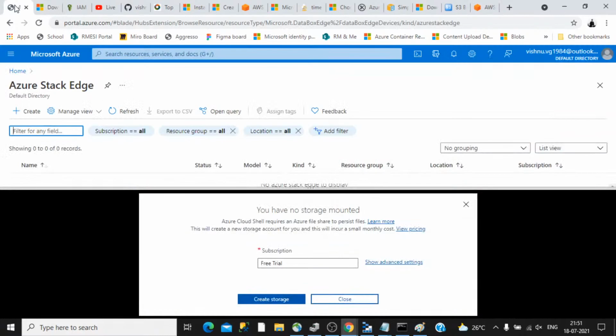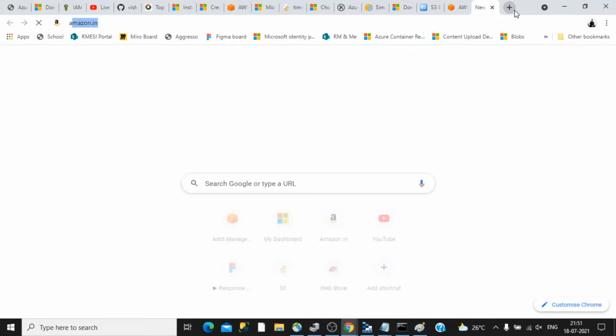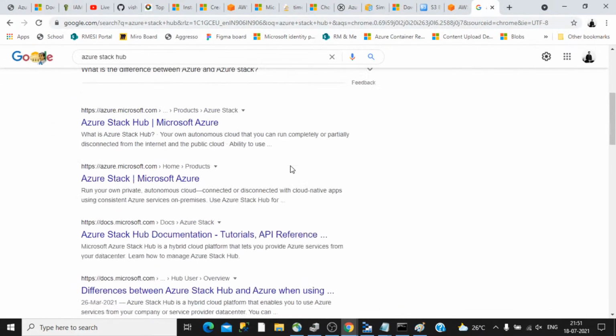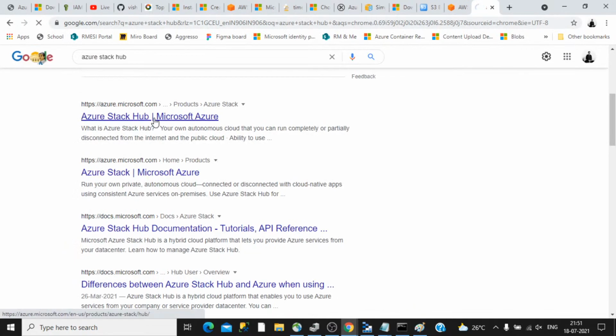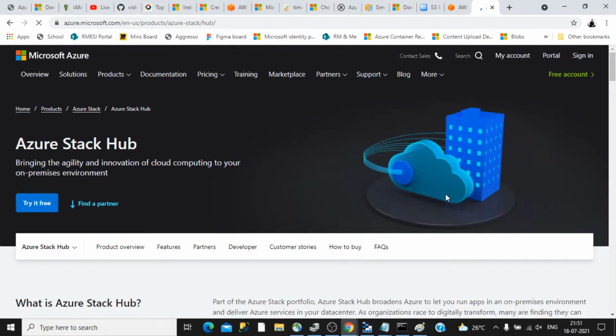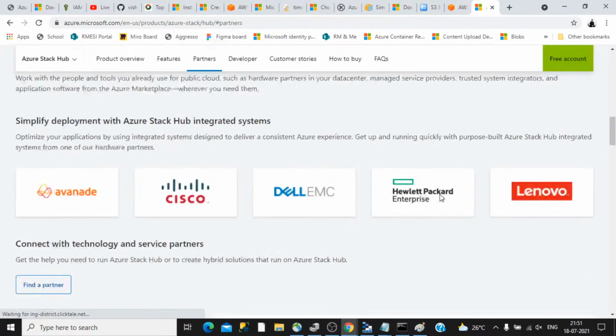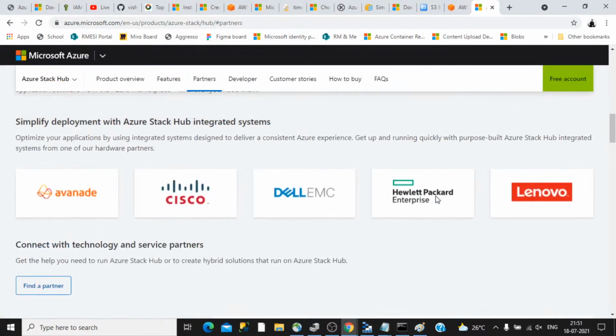There might be a change in the name in Azure. So let's search Azure Stack Hub. There's not much documentation. Yeah, that is there, Azure Stack Hub, this tool. Okay, so this is another difference.